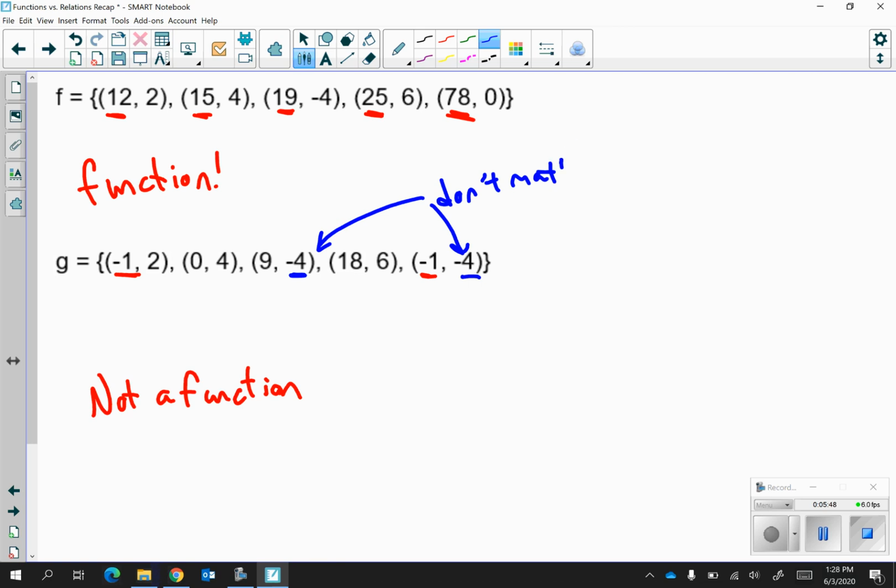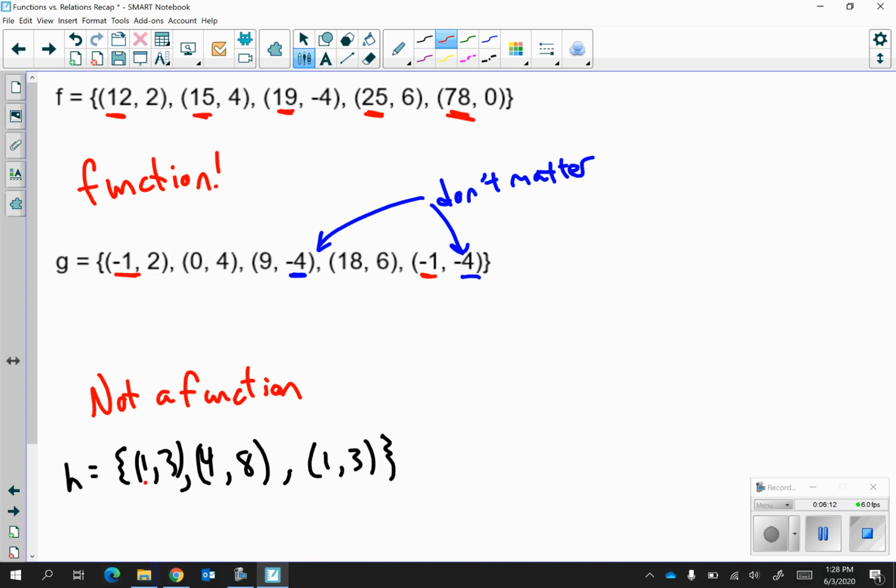We only care about the repeating x values. Now I have seen some questions that try to trick kids, and let's say we have, let's go with h: (1, 3), (4, 8), and (1, 3). They'll give you this. So here you'll notice that the x values repeat, but it has the same repeating y